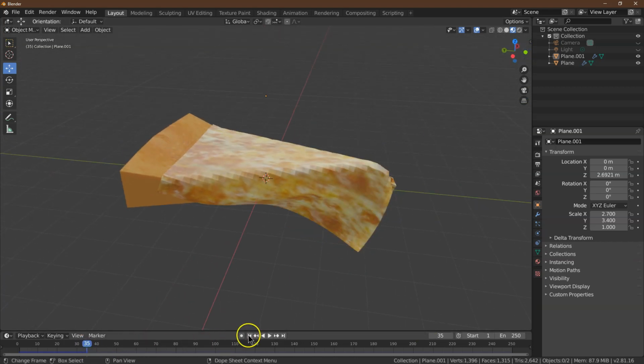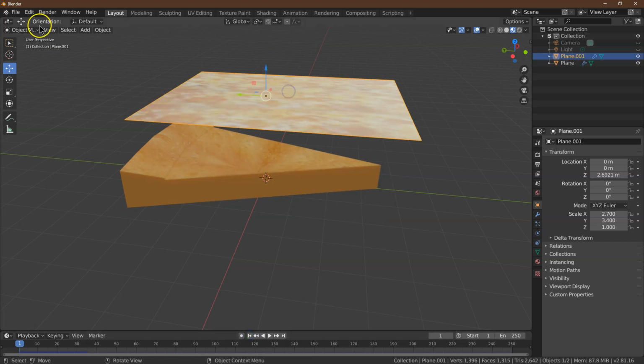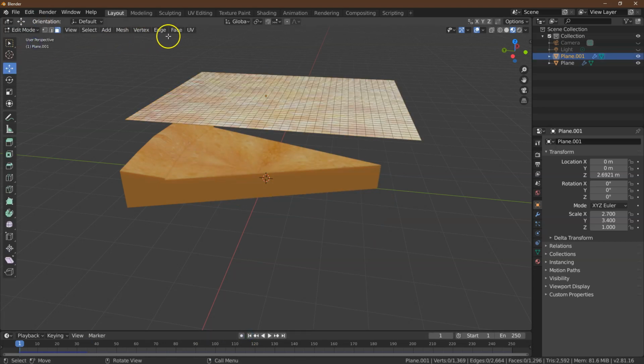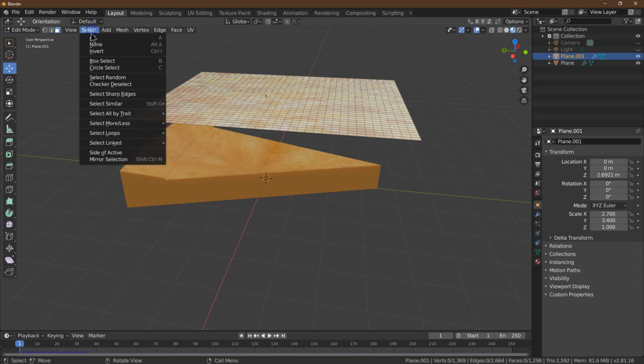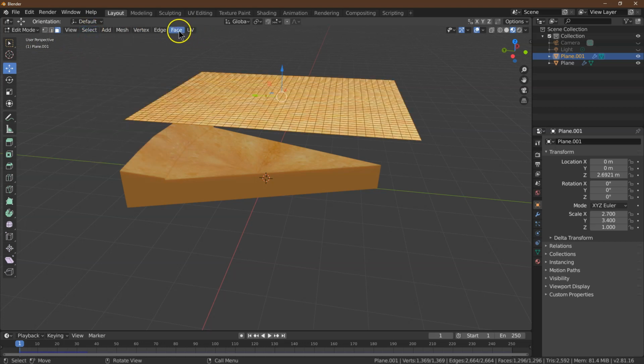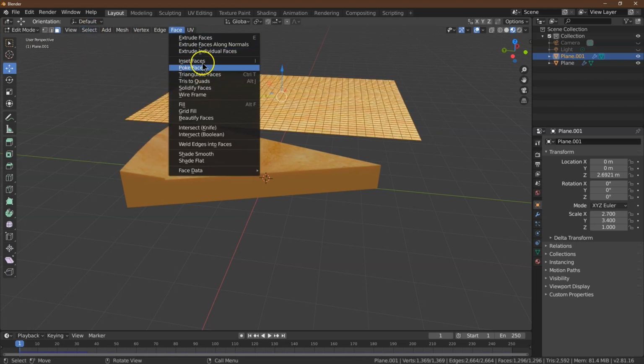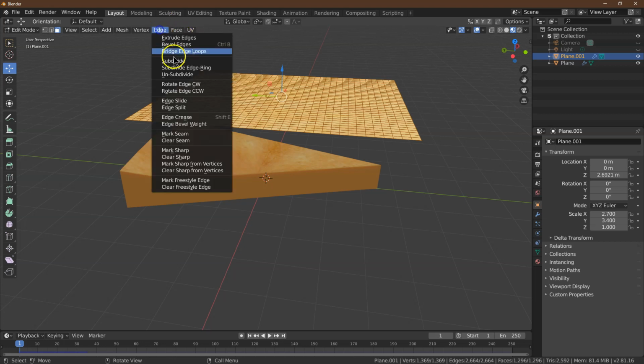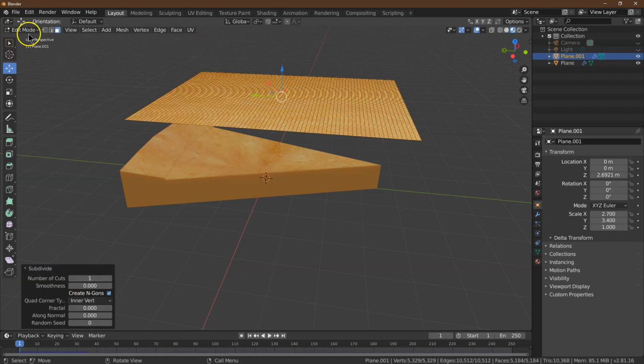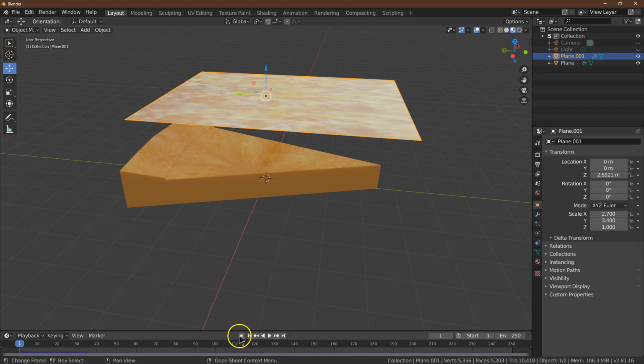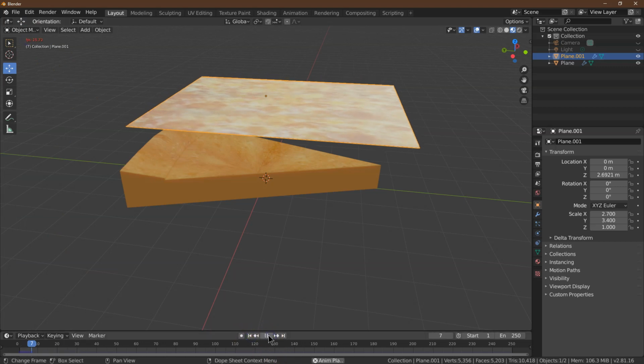Now, if you're not liking it, what can help is if you click on it and go into edit mode, and I'm going to do select all. Again, the more you do this, though, the more your computer could struggle. And then edge, subdivide again. Now I can go back into object mode. I'm going to go back to the beginning here and